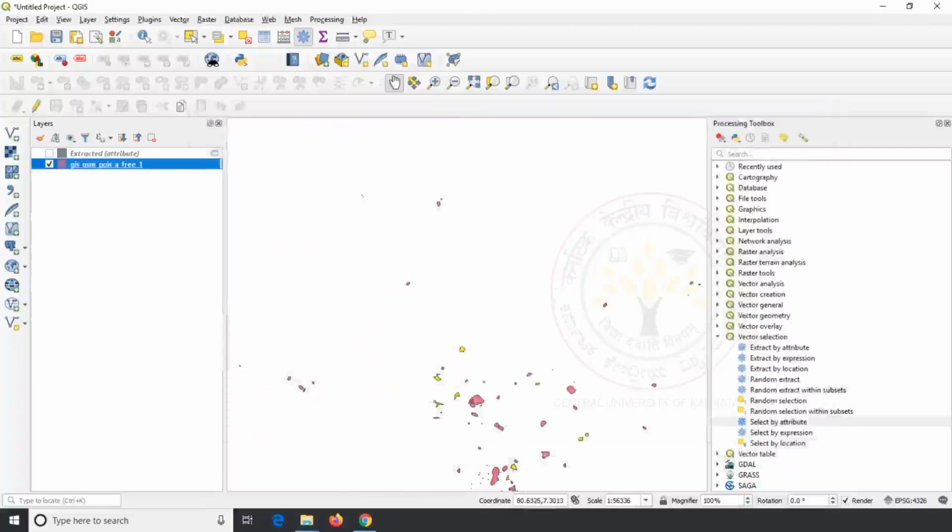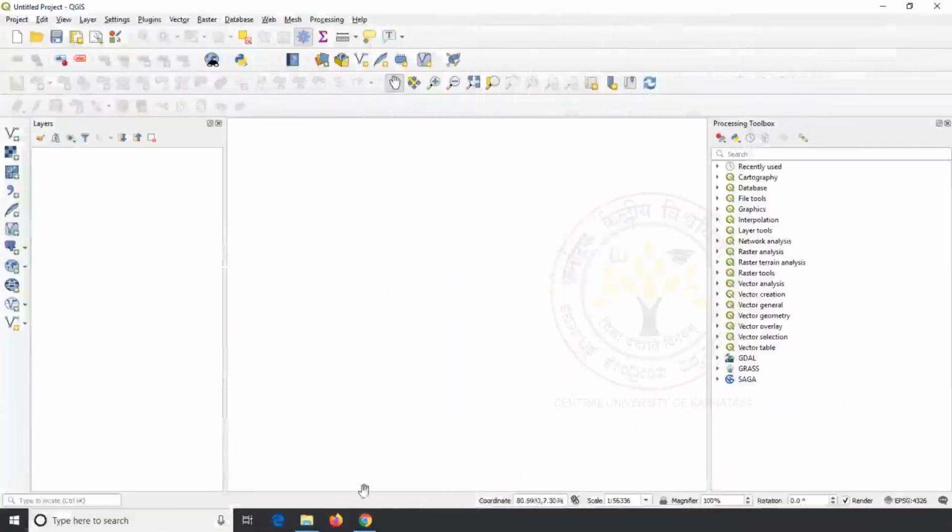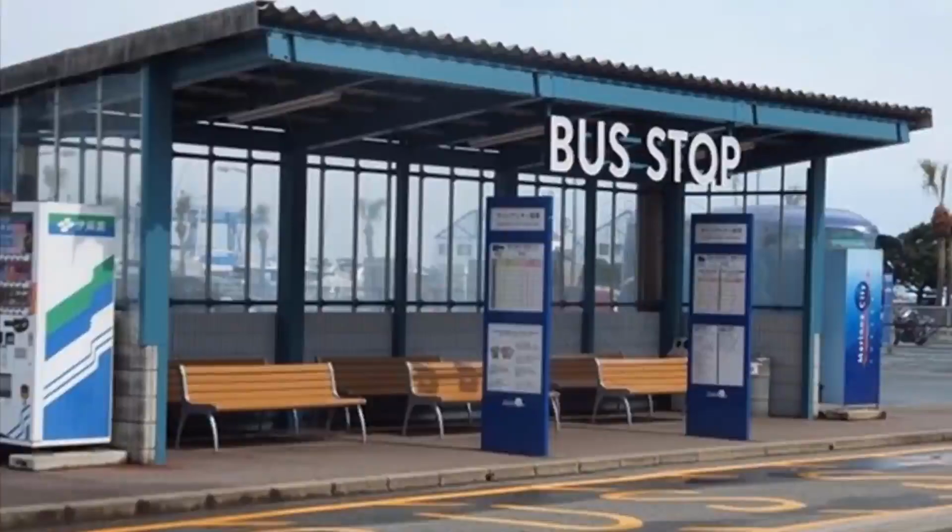Use different operators and understand the queries well. Now we will discuss how to create point data using latitude and longitude values. For example, if you want to map all bus stops in Sri Lanka, we should go to the field with